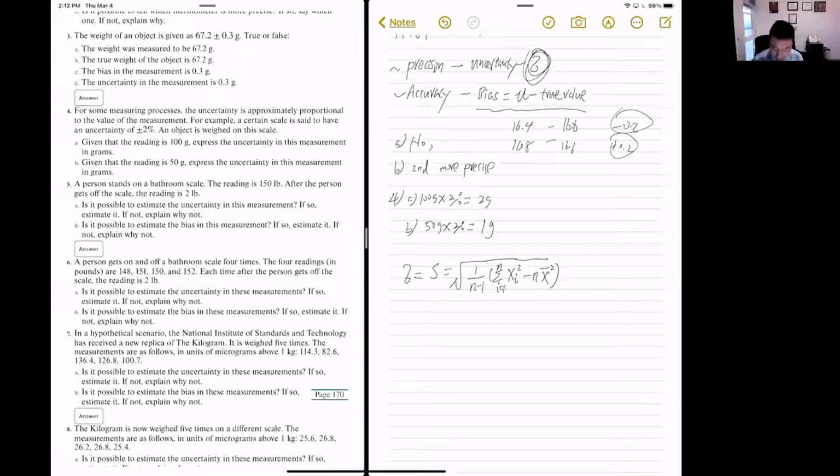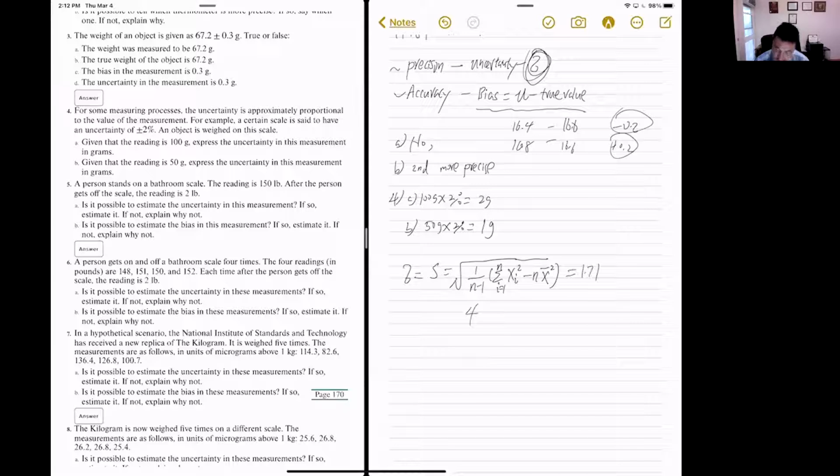So S is a function of sample size n, which is 4. We have 4 measurements, Xi. The question gave us 144, 148, 151, 150 and 152. And then the mean value of the sample is added together divided by 4. So we can calculate the S value. S is